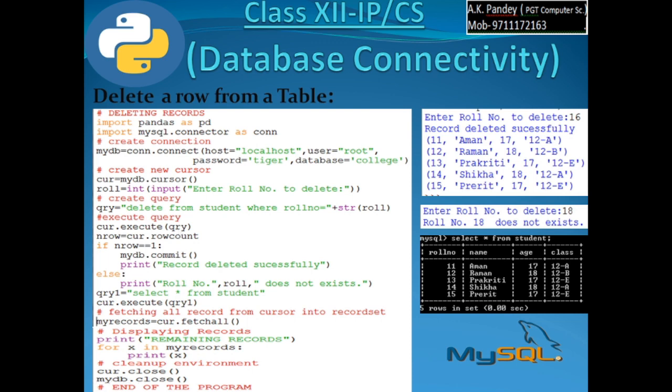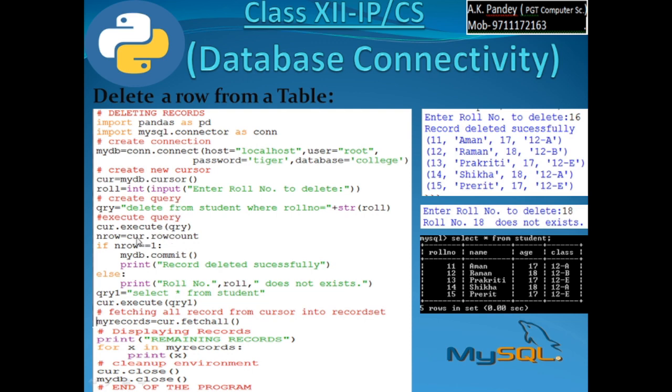Now after executing the query, there are chances that the cursor may have n number of records or may have one record, but we know that roll number is unique, so the cursor will be having only one record. So nrow is a variable equal to cur.rowcount. It will return how many rows are affected due to the execution of this query.